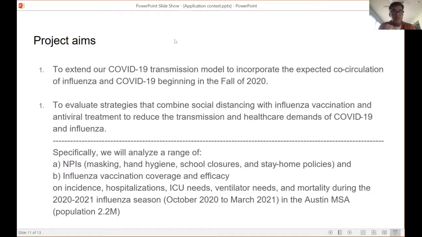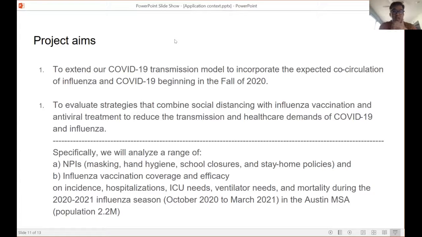And then we'll look at different levels of influenza vaccination and coverage, as well as the unknown of influenza vaccine efficacy, and then look at those effects on the incidence of both diseases, hospitalizations, ICU utilization, ventilator utilization, and mortality during the 2020-2021 season. And we're going to do this work in our Austin metropolitan area, which has a population of about